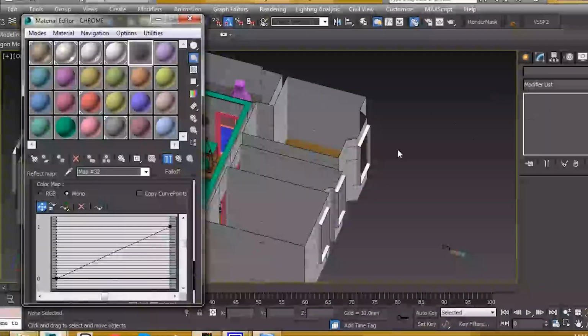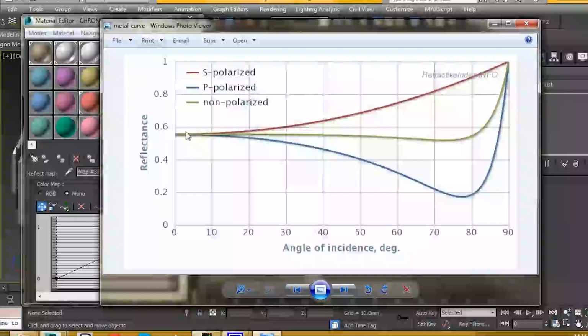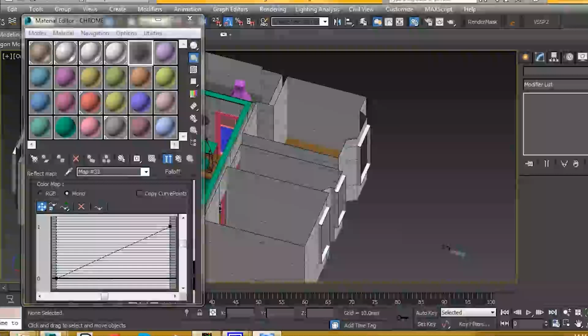So if you go to our website called refractiveinfo.com, you can get loads of curves for different materials. So the one we're going to use is this one for metal, and we're going to follow this green curve here. So I'll show you what I mean. So on your curve, we'll just adjust this so we can see this is around,